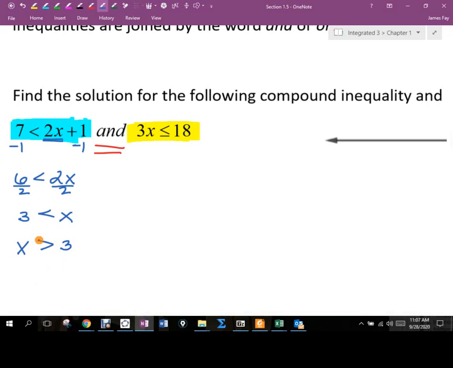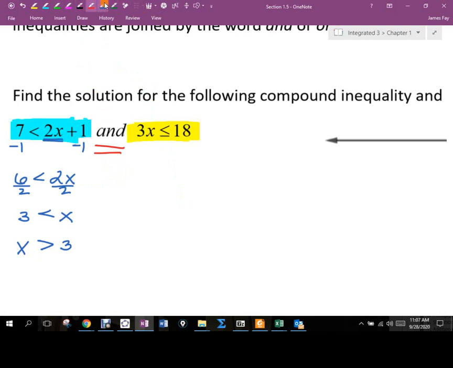Make sure when you rewrite it, it's called the symmetric property. When you flip them, the inequality symbol is still pointing to the same value before you flipped it and after you flipped it. So here it's still pointing to the 3, and when I flipped it, it's still pointing to the 3. Does that make sense? Okay. So saying 3 is less than x is identical to saying that x is greater than 3. Okay. Now I'm going to go through and solve